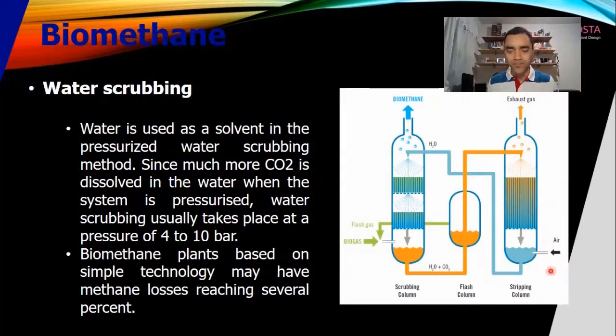So what we have here is that the biogas goes into an absorber tower, and you can simulate an absorber tower in Aspen HYSYS or in many process simulation software. The absorber can be a tray tower or a packed tower, and we spray the water against the biogas. And because of the increase in the pressure of the system, the CO2